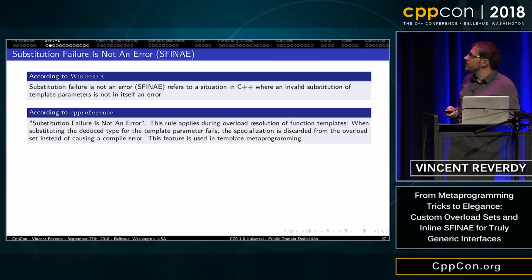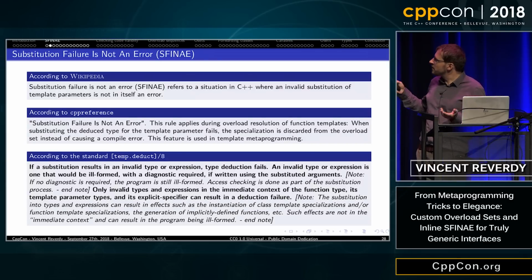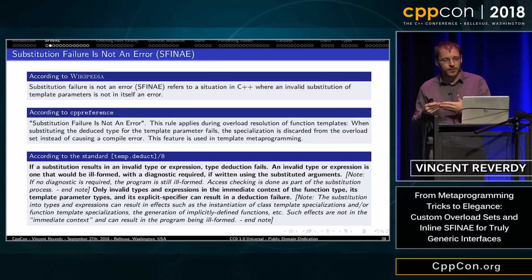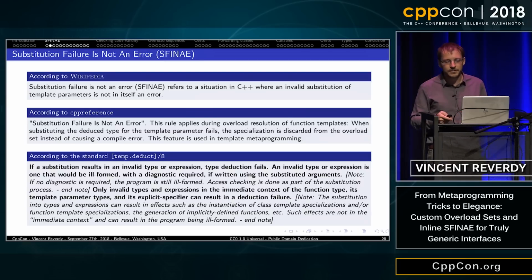According to cppreference, and it's also defined in the standard, if a substitution results in an invalid type or expression, type deduction fails. An invalid type or expression is one that would be ill-formed, with a diagnostic required, if written using the substituted arguments. Only invalid types and expressions in the immediate context of the function type, its template parameter types, and its explicit specifier can result in a deduction failure.